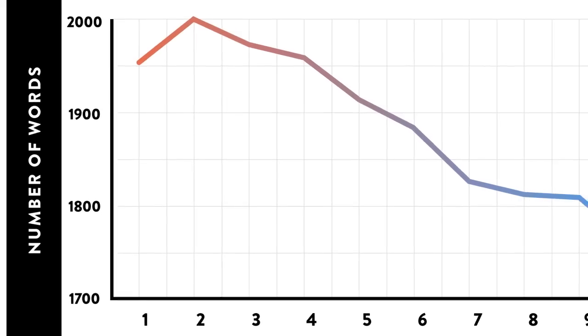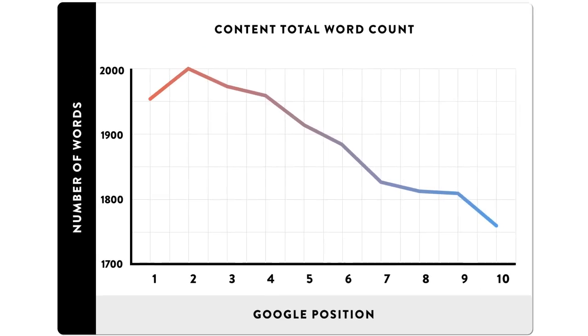Industry studies have found that longer content tends to rank better in Google. And yes, these findings also apply to e-commerce sites. The fact is this: Google wants to understand what your page is all about. And when you provide lots of content to Google, you help them do just that. Plus, when you publish long content, your customers can better understand what they're about to buy, so it can increase